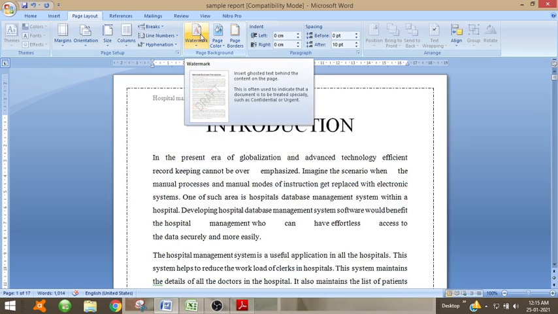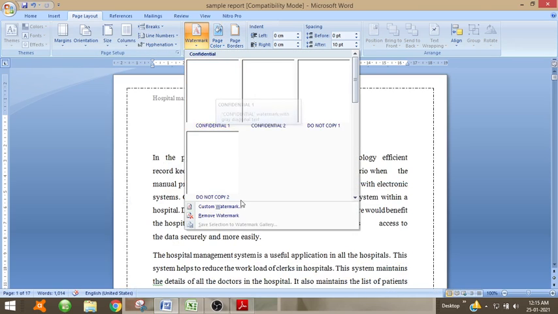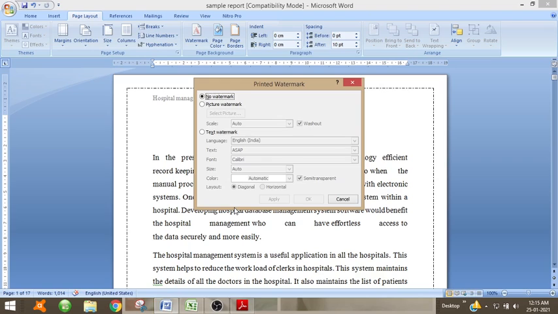And if you want to give watermarks for your page, suppose you have created a document and you want to create a watermark, that is your name should be on the page in all the pages. You can also select picture watermarks or text. Picture watermarks are usually used as logos. Now I will give IP.